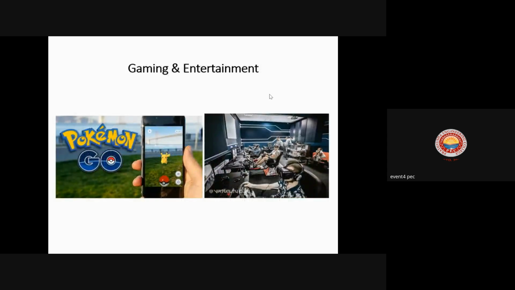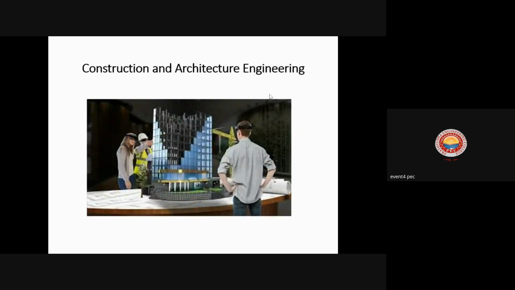Okay, and of course gaming and entertainment, as we saw, the demand for this industry is evolving, and there is big potential for this particular field, especially from VR, complemented with AR and MR. The mixed reality technologies also have a big scope there, and applications are plenty. And construction and architecture engineering, okay, so that is also a very, very impactful